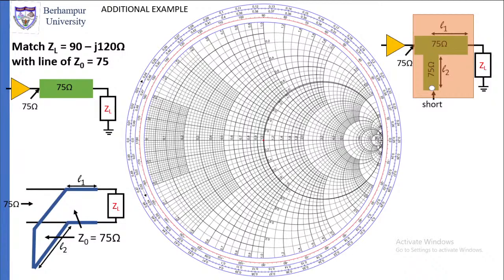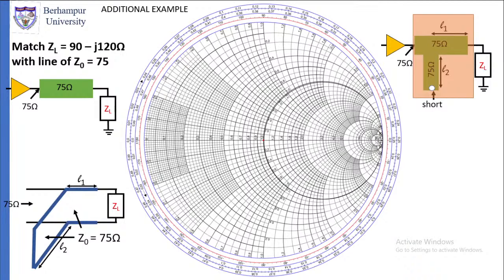So draw the R is equal to 1 circle, which we can use as G is equal to 1 circle using the Smith chart as an admittance chart. So we are going to use this Smith chart as an admittance chart. So draw this R is equal to 1 circle. On the right hand side you can see that